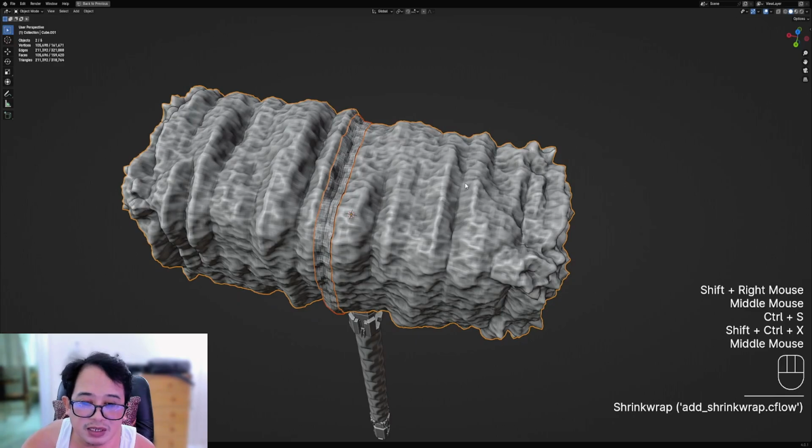If the shrink wrap modifier were placed above the subdivision modifier, then only the original resolution, the base, meaning zero subdivision, will be shrink wrapped to the active object, ignoring the effects of the subdivision. Okay,